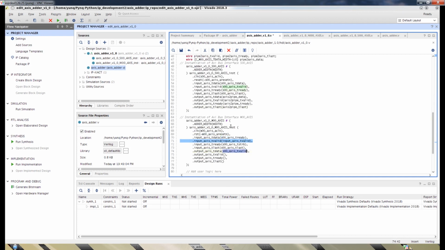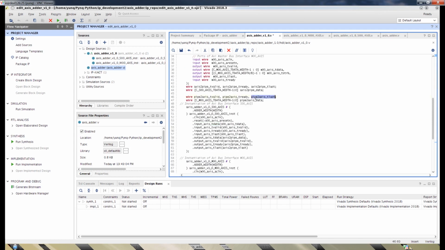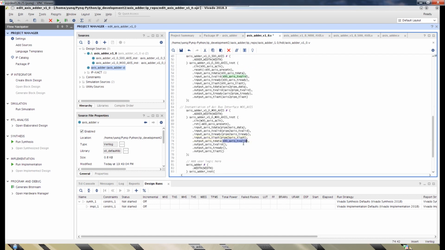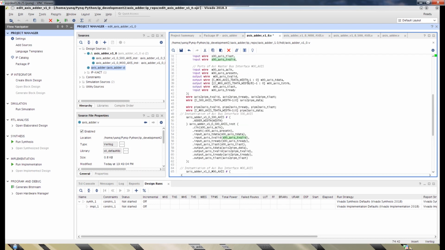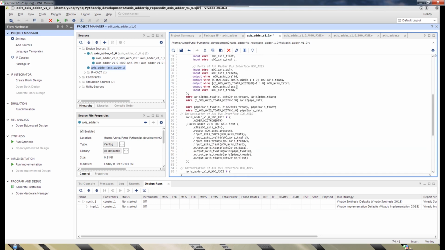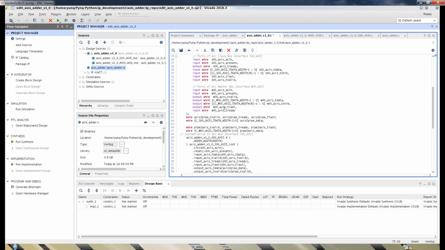Well, output first. Well, input first maybe. AXI stream T data will be the pipe to AXI stream, this one. T valid will be this thing. This should be connected to the output, which is T data, T valid. Valid is here. T ready is